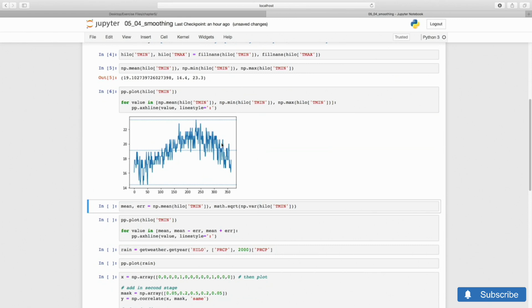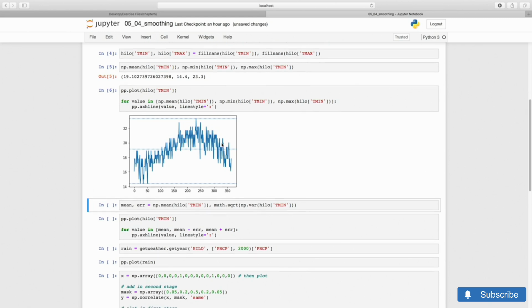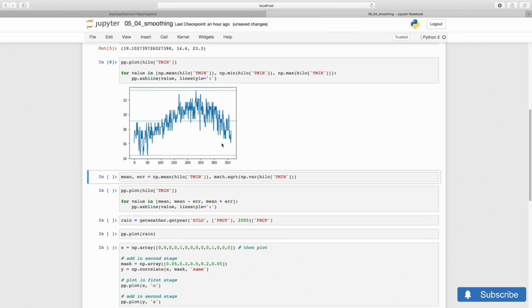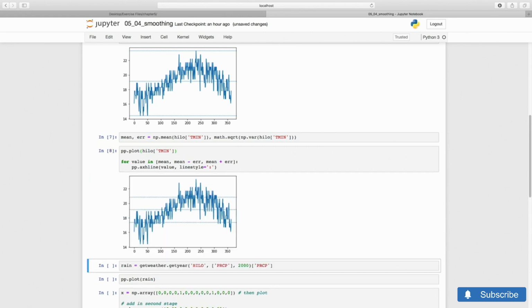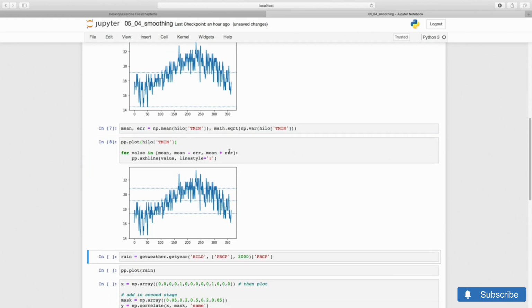Another common way to measure the range of variation of a time series is to compute the standard deviation, defined as the square root of the variance. If you don't know about this, you can go to a statistics textbook or to Wikipedia. Mean and variance are computed in NumPy with np.mean and np.var. We can plot the time series again, using the mean and the mean minus and plus the standard deviation as references. Most of the time, the temperatures are included in this range.